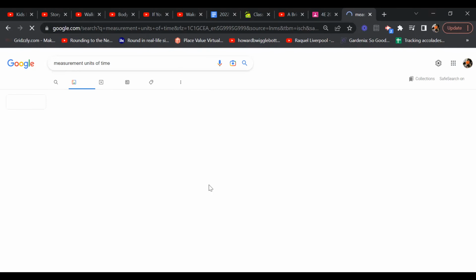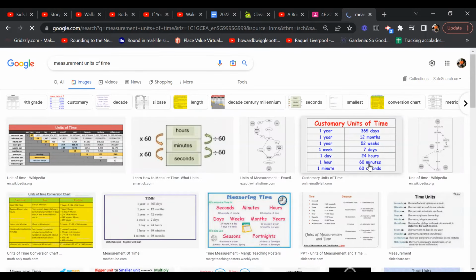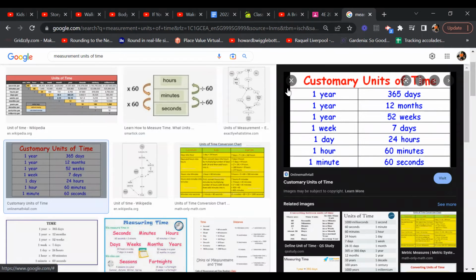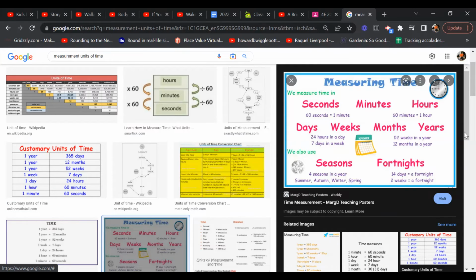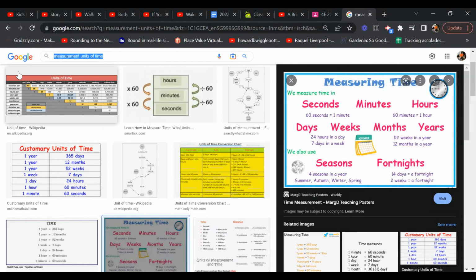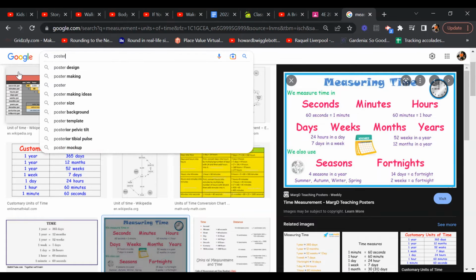Images. For example, you can show these. Well, not very exciting, looks a little boring. How about this? Looks nicer. Or maybe you can design what Stephen was talking about. Poster for time